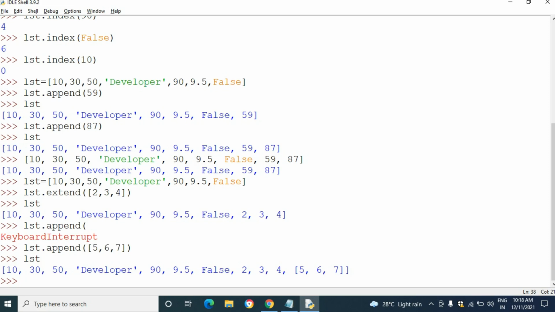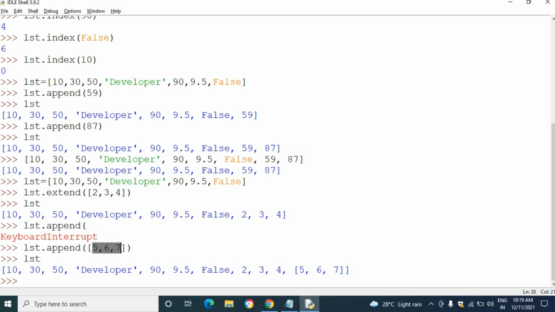The append function takes multiple elements as a single list only, but the extend function does not do like that. Whatever elements are present inside the list, the extend function will separate them, separating the single list into multiple elements.